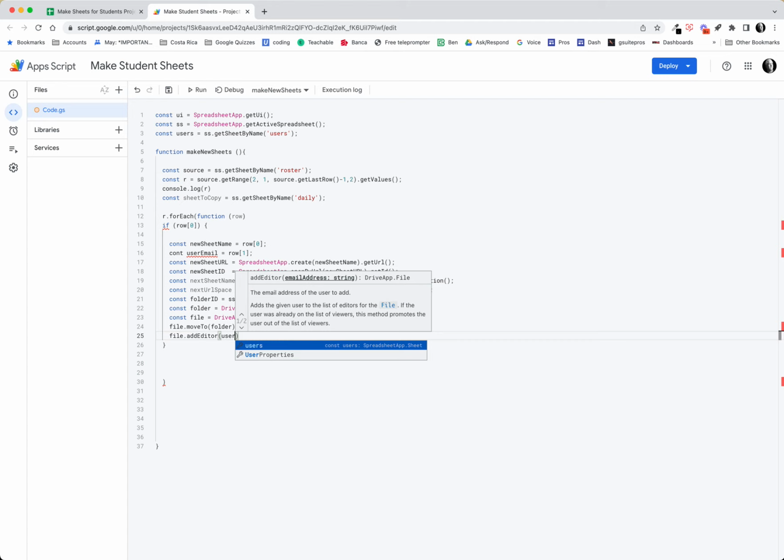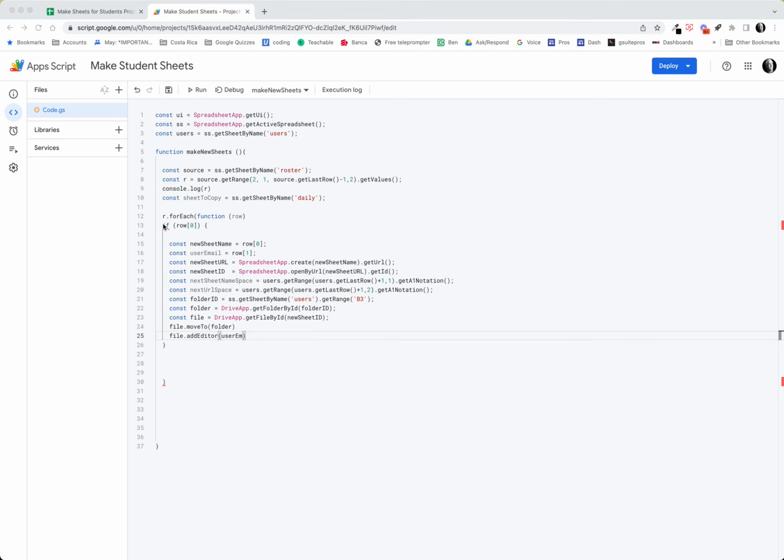I must have something wrong with my user email. Let's stop and check that. So I'd misspelled const there. It didn't have the S in const. So a const userEmail, that pops up for me, and we're going to add the editor to that. Okay, so now our next step is to